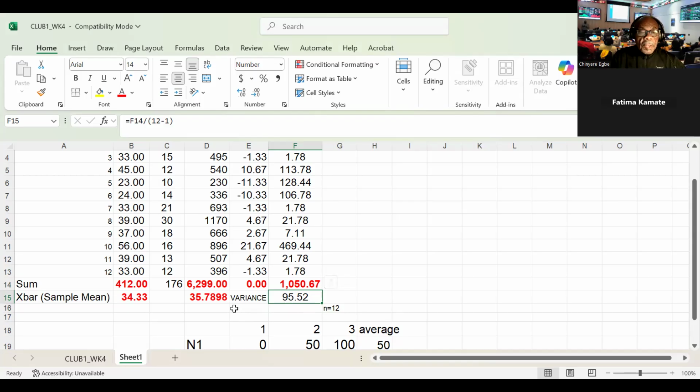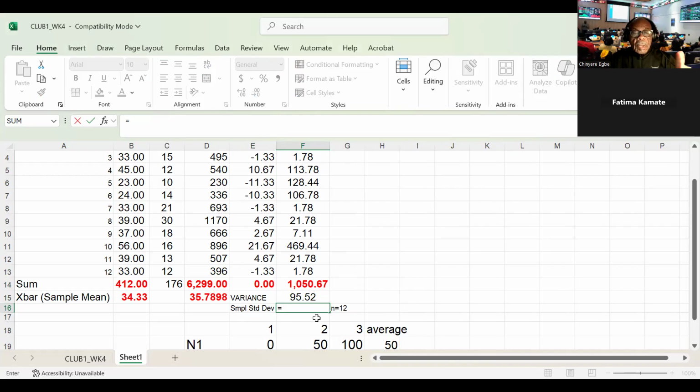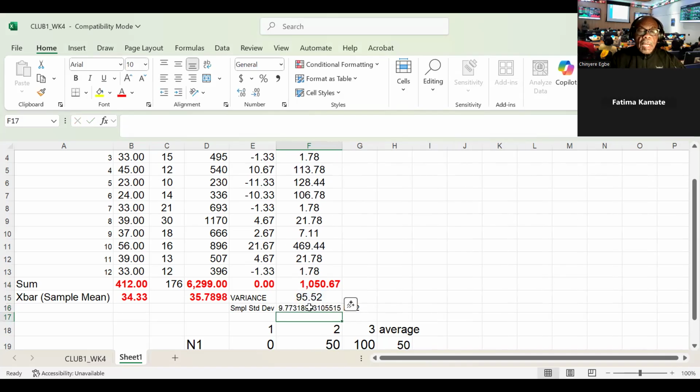And then the sample standard deviation. The sample standard deviation equals the square root. The square root is to the power half. Equals F15 to the power 0.5. The square root is to the power half. And so the sample standard deviation is